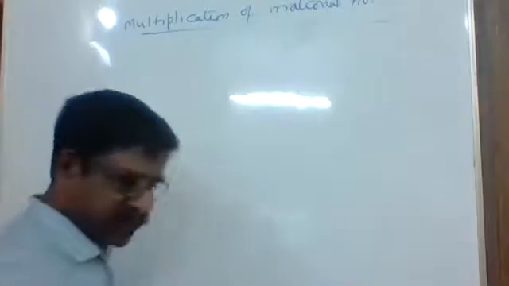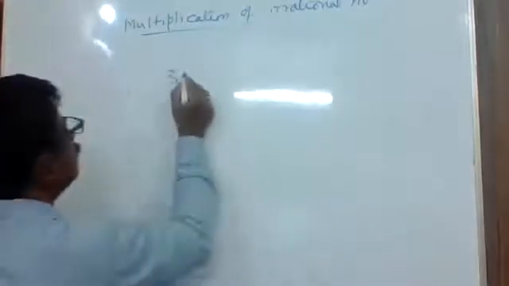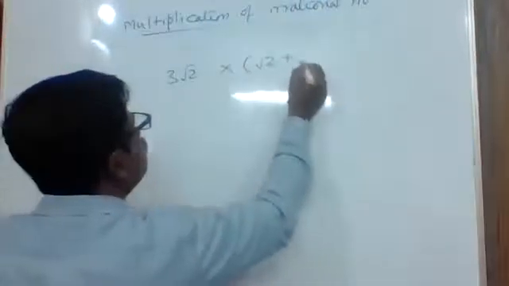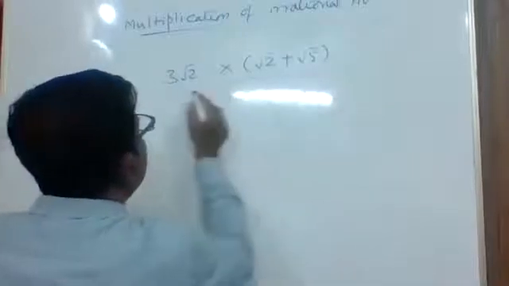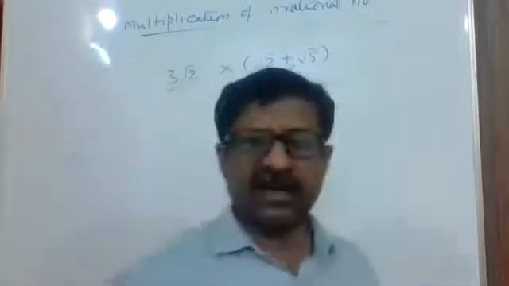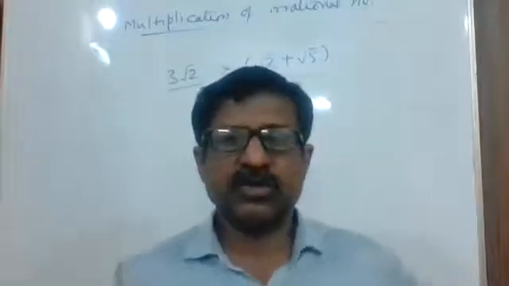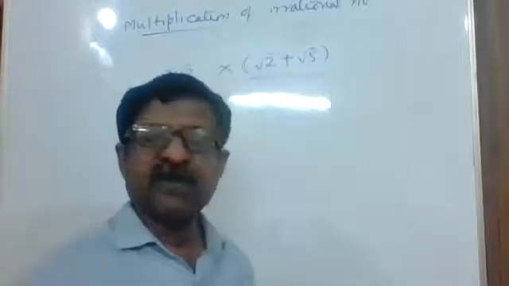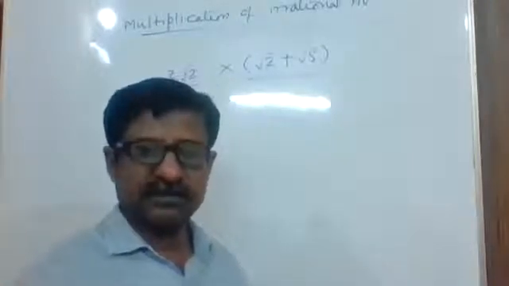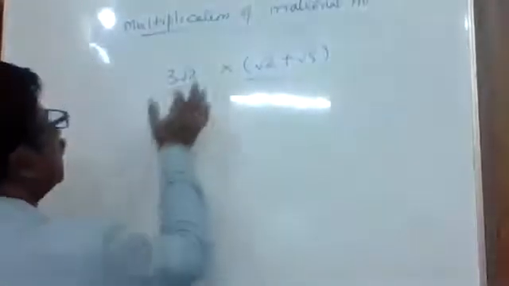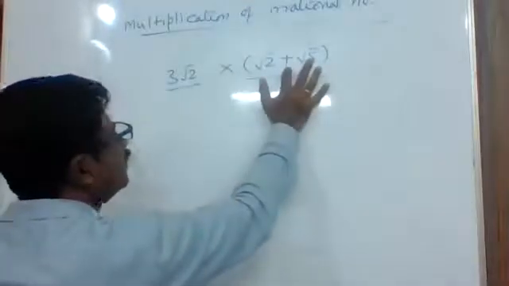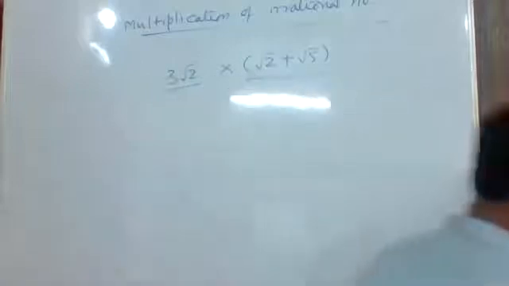All these irrational numbers have to be multiplied. I've taken the simple one. Afterwards, we take 3 root 2, this is the first irrational number, and the second is root 2 plus root 5. I made it a little bit complicated now. One I have taken as 3 root 2, and the second I have taken as root 2 plus root 5. Our aim is to multiply that. Now, how to multiply that? If this is a single number, it has to be multiplied individually with each of the numbers if they are separated by a plus or minus sign. Okay?